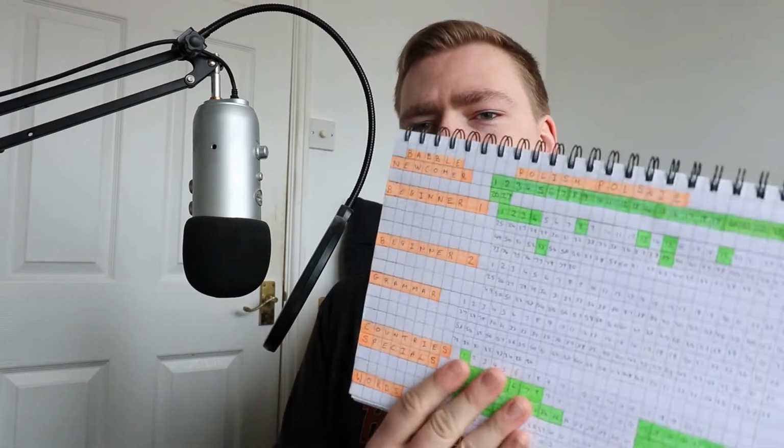And I actually learned this method from Robin McPherson's, who is another language learner YouTuber. Did I say that right? Robin McPherson's basically does this tracking sheet, which is similar looking to mine. Mine is probably a bit more B-Tech than his, but basically the idea is you fill out however you'd like it to be filled out, and then when you've done something, you can fill it out with the green squares